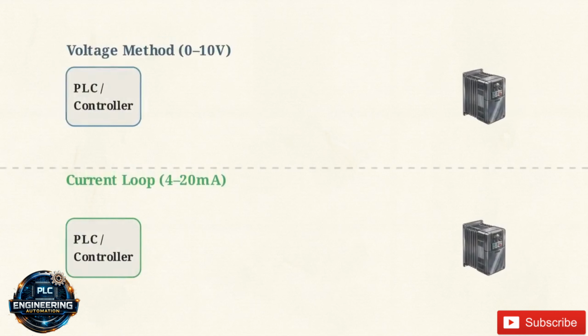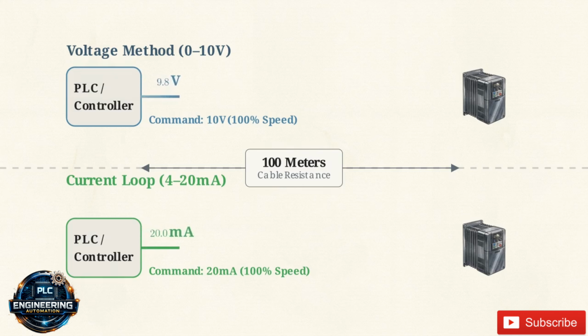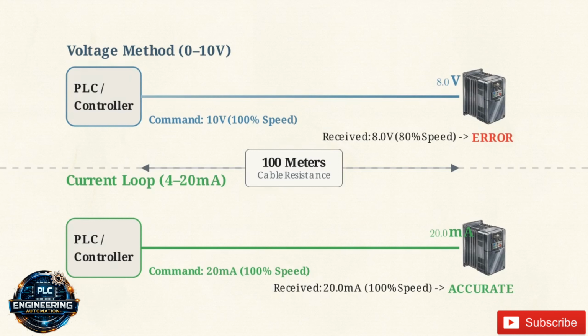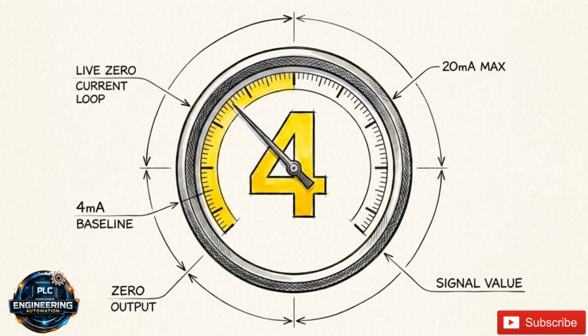The voltage method has a critical flaw over long distances. Cable resistance causes a voltage drop. A controller might send 10 volts, demanding full speed, but the drive only receives 8 volts, running the motor at an incorrect speed. The 4 to 20 milliamp loop solves this, largely due to a design concept called the live